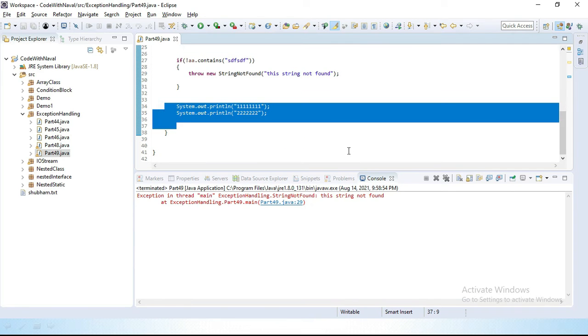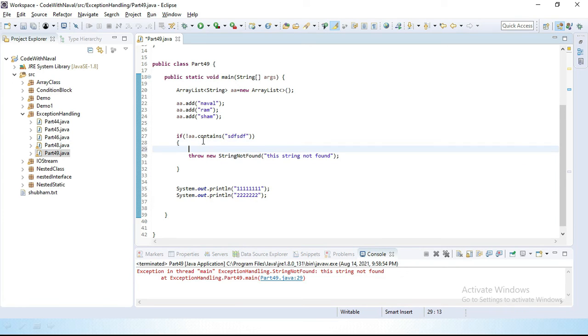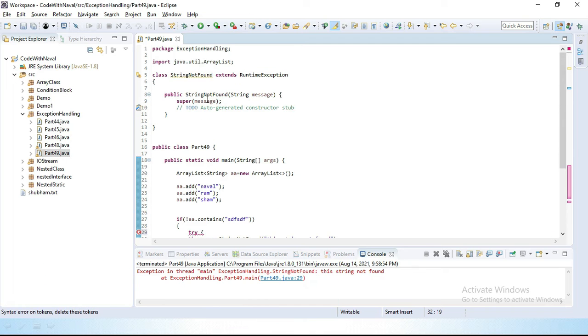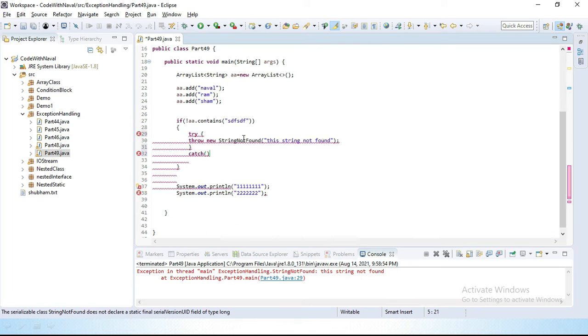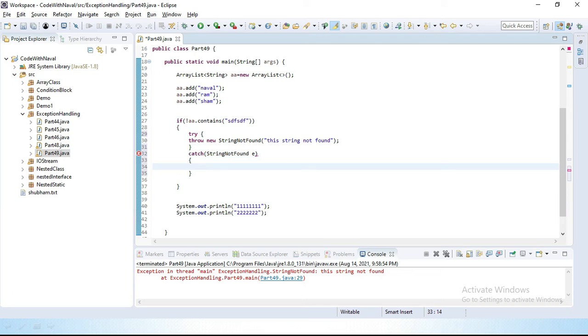And the remaining statements do not execute. Now I want to put this throw condition inside a try catch block. I'll add try, and then catch with our user-defined exception class, and simply print the message with e.printStackTrace.